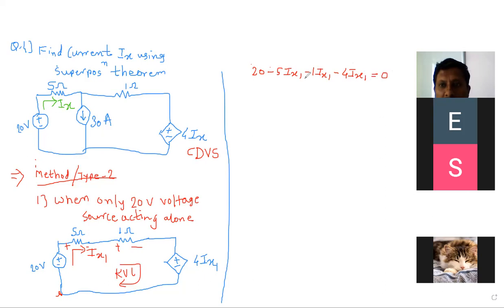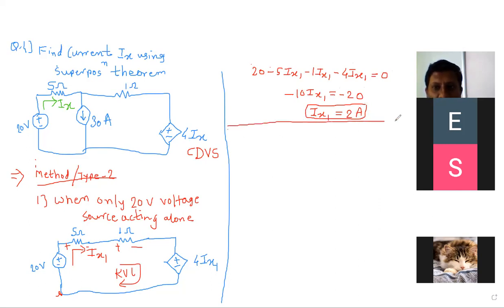So this is the value of the voltage source already given. So only one variable will be there, that is ix1. Minus 5 minus 1 minus 4 किती झाला? Minus 10 in ix1. 20 is plus here, goes to the right hand side, becomes minus 20. बरोबर आहे? So minus minus will cancel. So ix1 is 20 divided by 10, means 2 ampere. Everyone understood now how to find out ix1? Yes, sir.